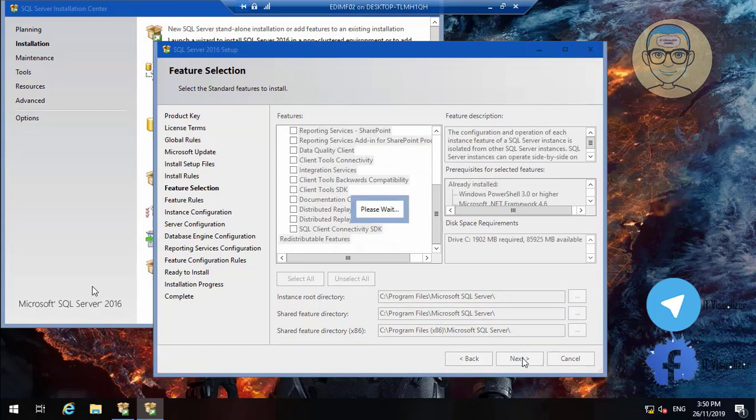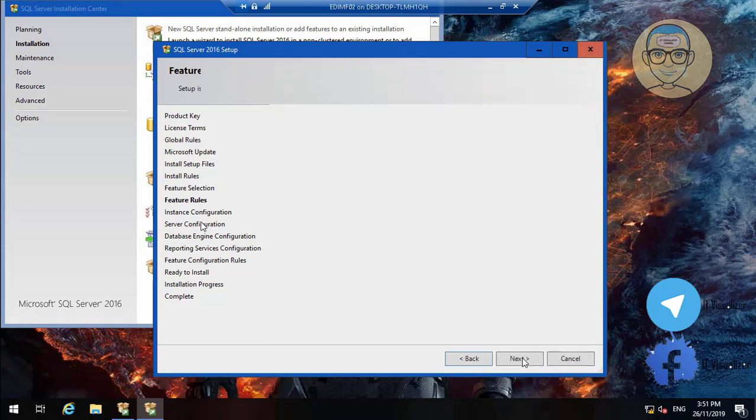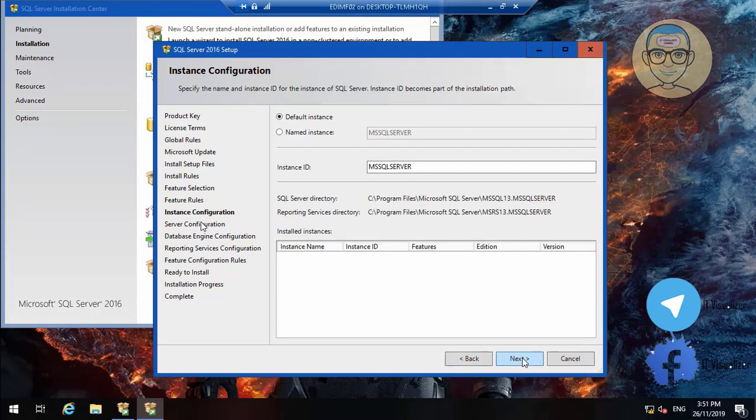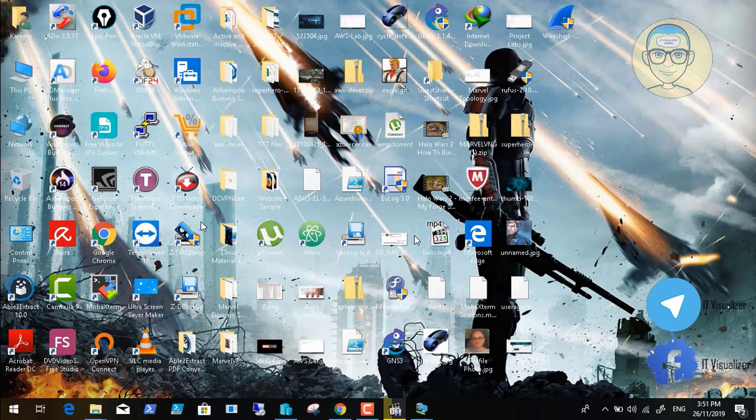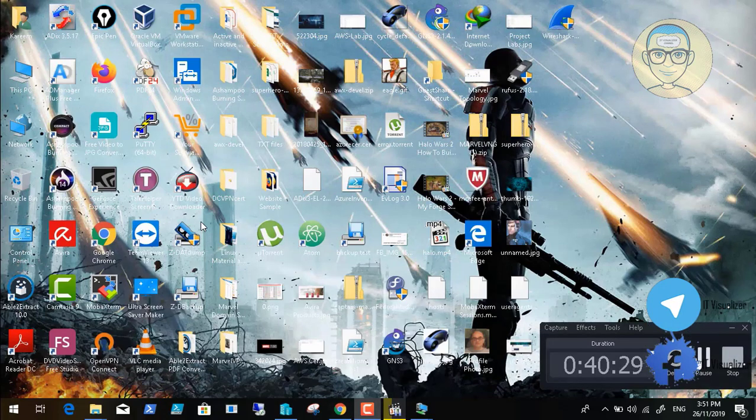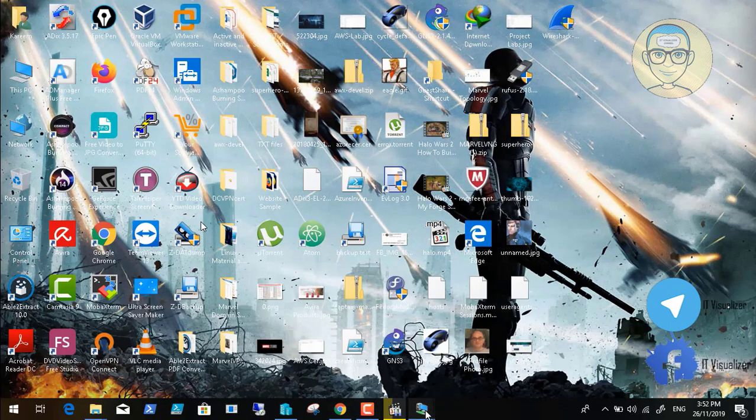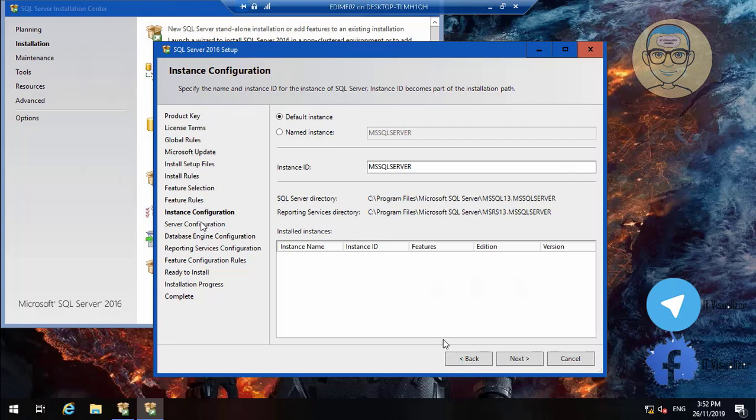In the server configuration, you need to have the collation set to the SQL Latin option. This we have, as I told you all in the graph. Here the database will be named the default MS SQL server, so we will name it as it is. As for the server configuration,